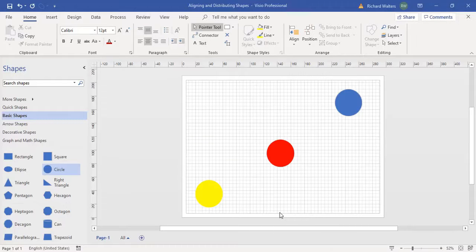In this video, we're going to look at aligning and distributing shapes in Visio. So I've got three circles here. I've got a blue top right, red in the middle, and yellow bottom left. I'm now going to align all these shapes to the blue shape, and then I'm going to distribute them so